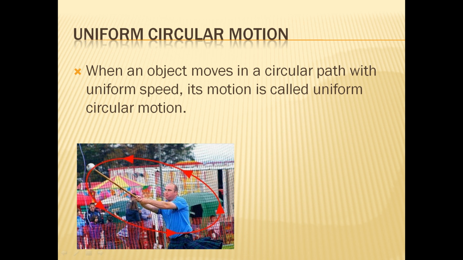So the speed of uniform circular motion will not follow the same formula as you have seen in straight line motion. The formula of speed for uniform circular motion is V equals 2 pi r upon t, where 2 pi r is the circumference of the circle and t is the time taken to travel once around the circular path. So this formula only you have to remember under uniform circular motion.